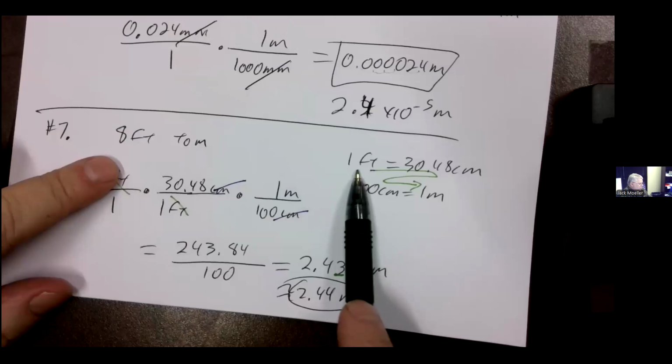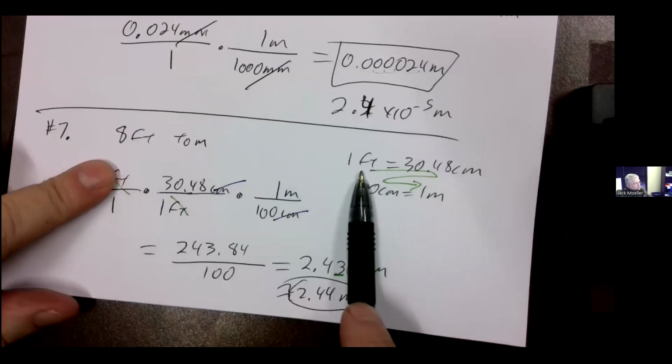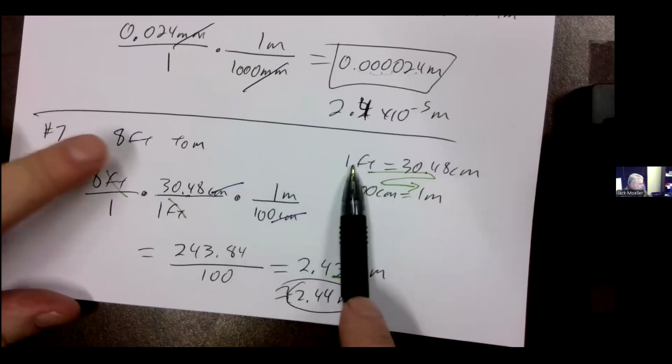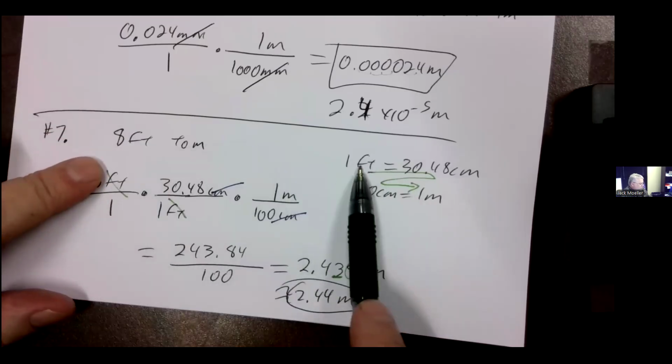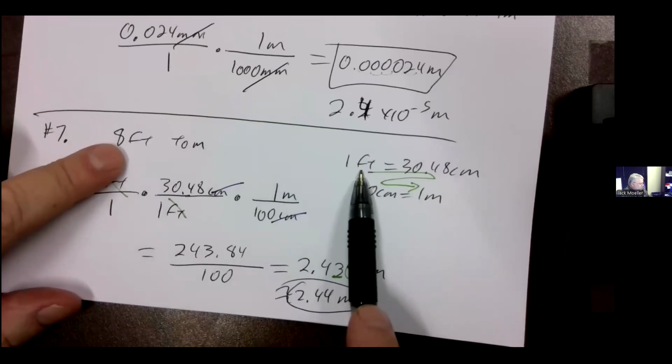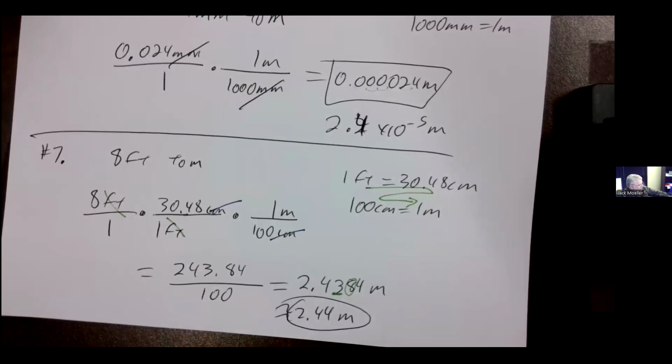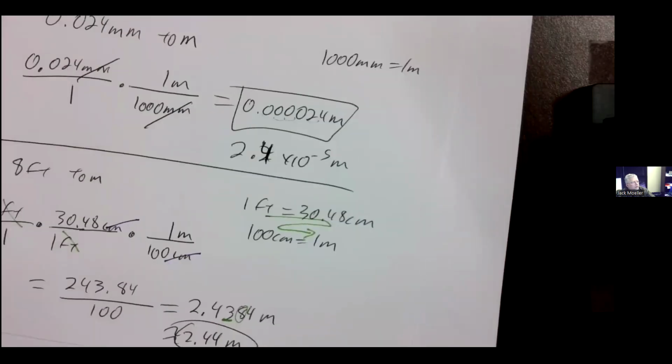And again, just when in doubt with a 2-step conversion, start with the one that has your starting units first. Then I think it is going to be less likely that you go a different path and get a slightly different answer. Like we could have went, let me go back to,